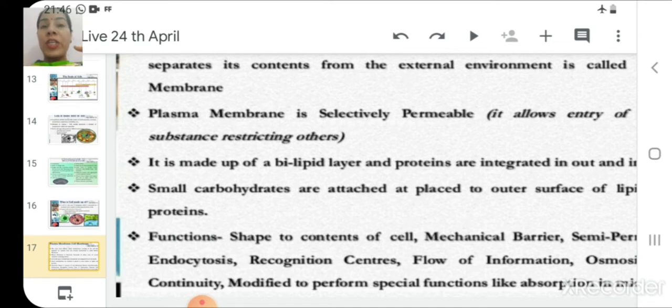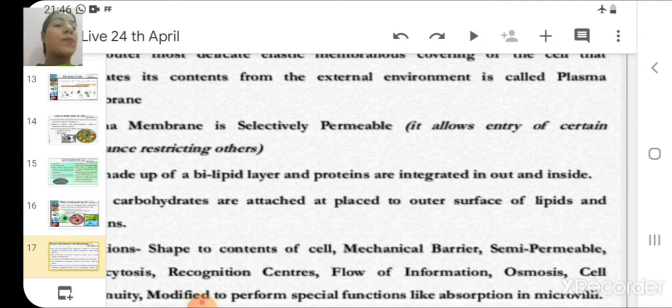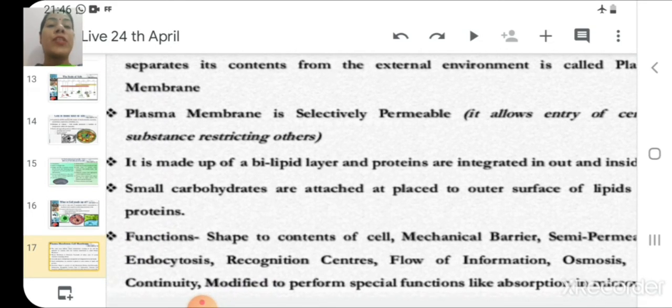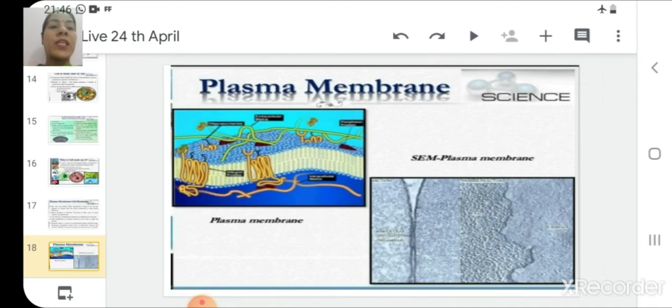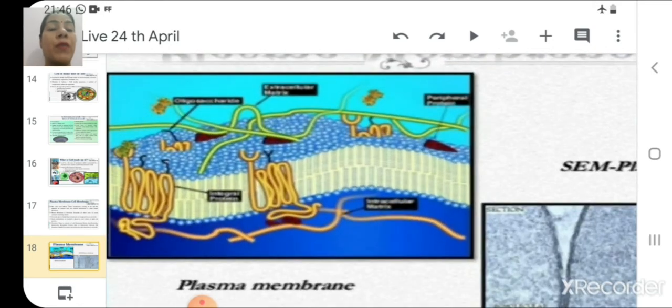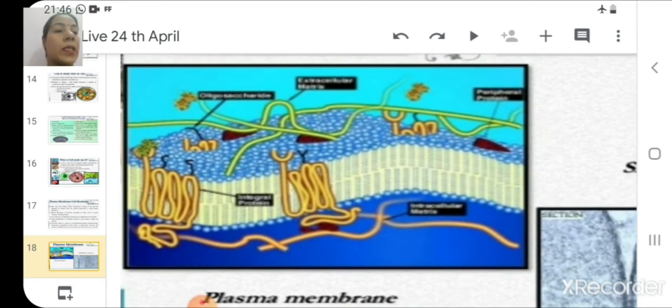Through that recognition center, it allows the entry and exit of only some of the material through it, not all. It controls the flow of information, and it also helps in the osmosis process. The cell membrane is modified to perform special functions like absorption in microvilli. This is the structure of the plasma membrane, where